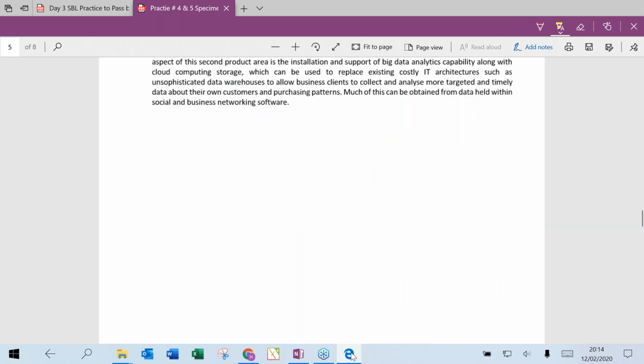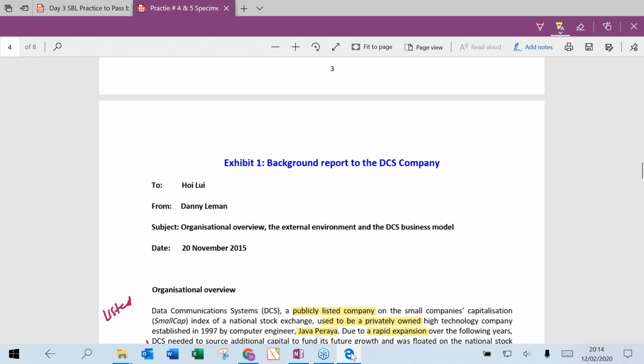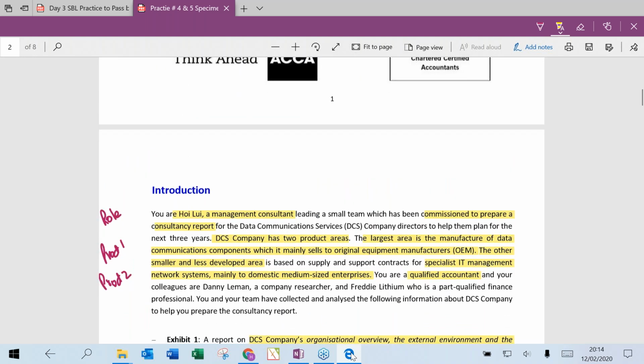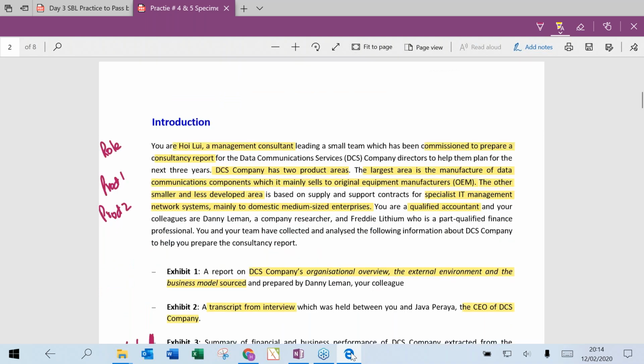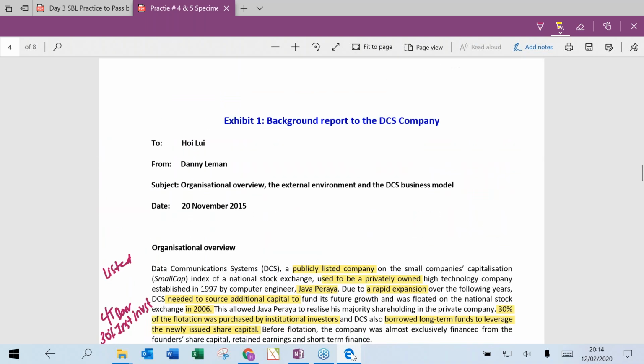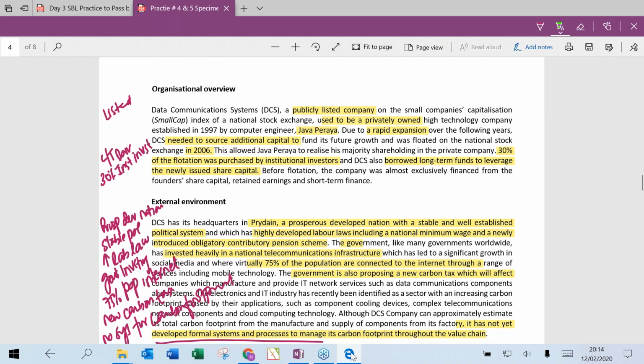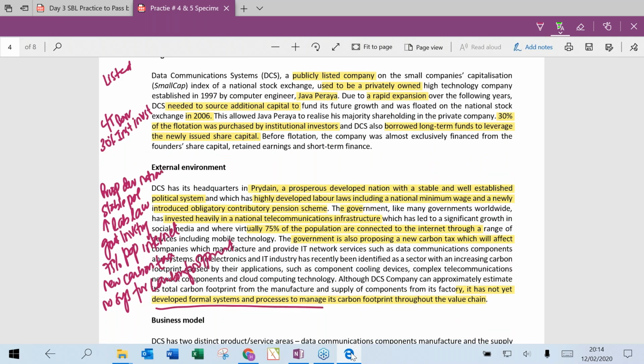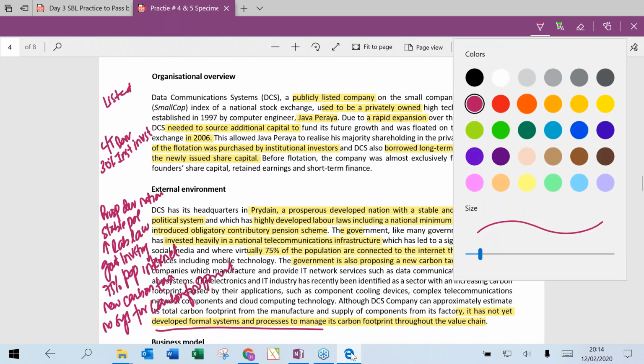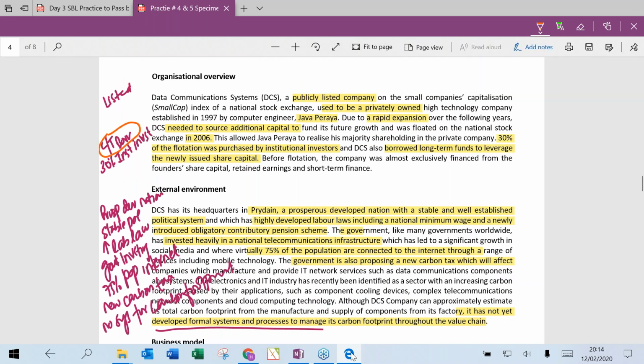And I read somewhere, on the introduction, that there was high loan. Where did I read this? Here, long term borrowing, you see this point? So if you can write this